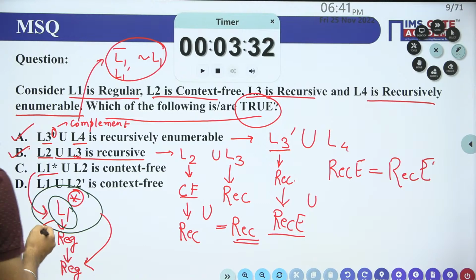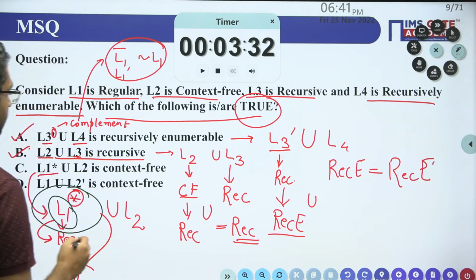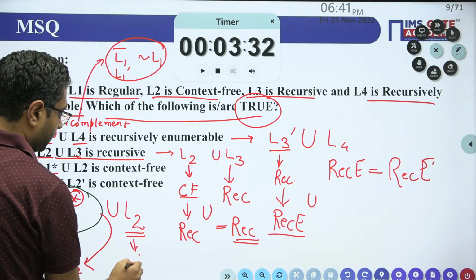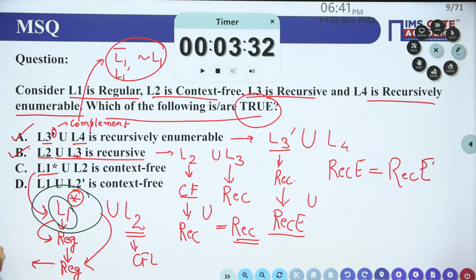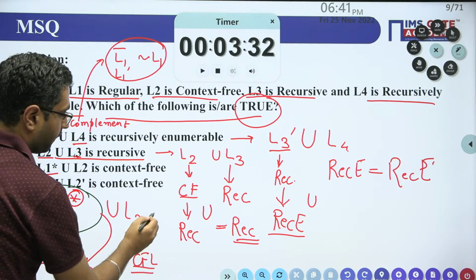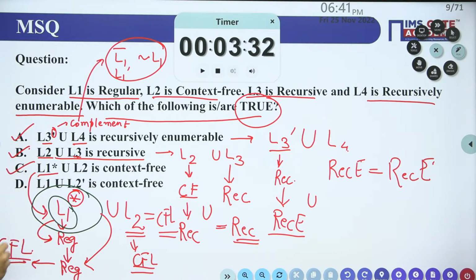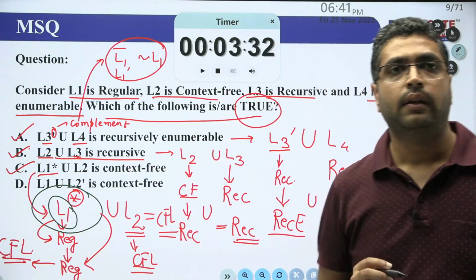Now union with L2. What is L2? L2 is a context free language. Now we know every regular language is also a context free language. Context free languages are closed under union. So therefore we get a context free language. So therefore C is also correct, right? Yes. And then we have